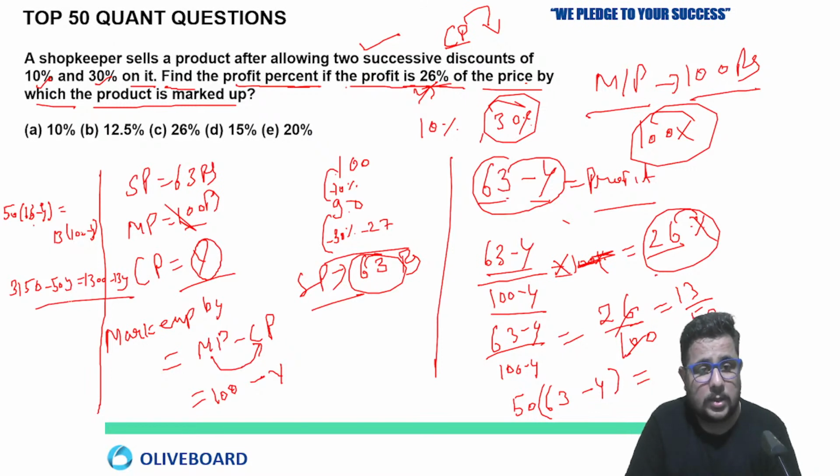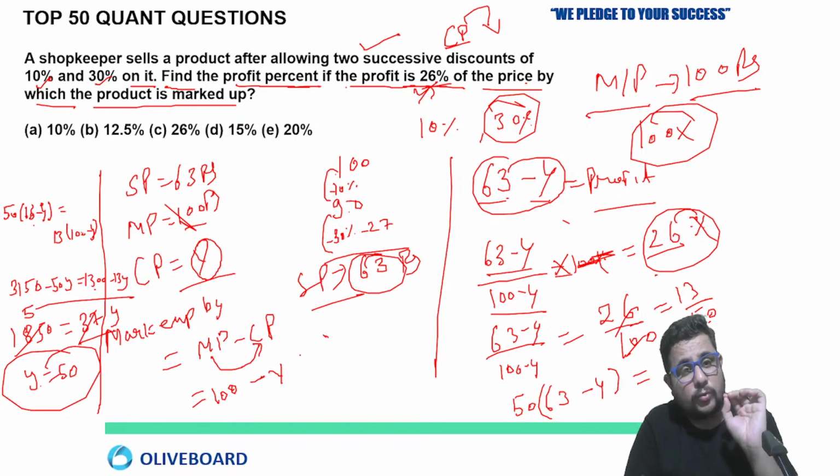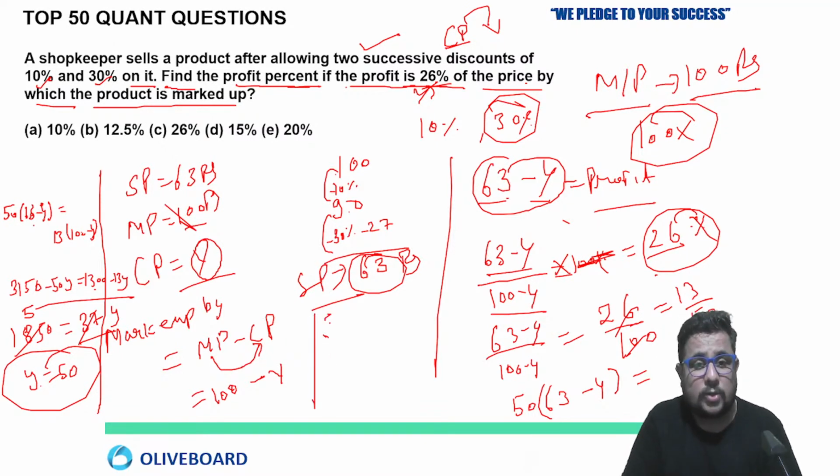Just solve it now. So when you will take the difference, just transfer 50 that side and 3300 this side. So you will get 1850 equal to 37y. Okay, so 37 by 37 it is cancelled how many times? 50 times. So y is equal to 50. Y is equal to 50. Just look out here. And this is the part which you have to look out further. You need to know about the basic of these all things.